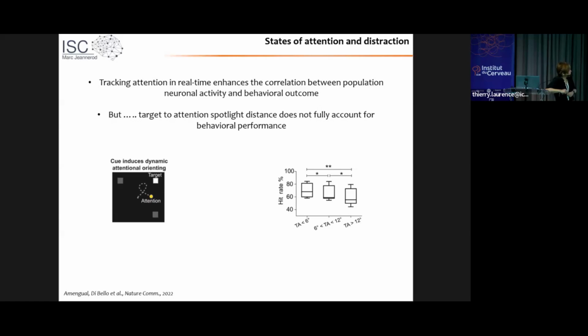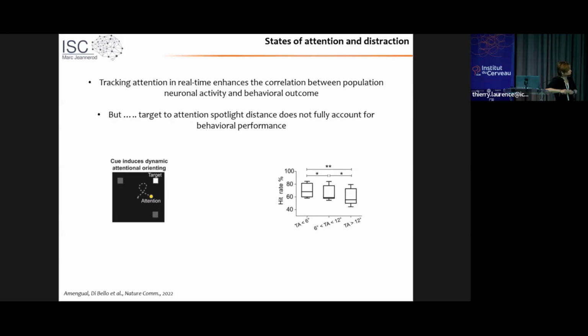Now that we're able to track attention relative to the target, what we observe is that if we map the hit rate of subjects as a function of the distance between the attentional spotlight and the target, so the attentional spotlight is that metric we extract from the prefrontal cortex, when attention is very close to the target, indeed, monkeys produce a high hit rate, yet in up to 30% of the cases, they still produce